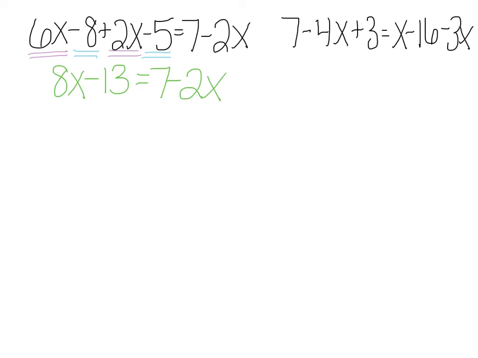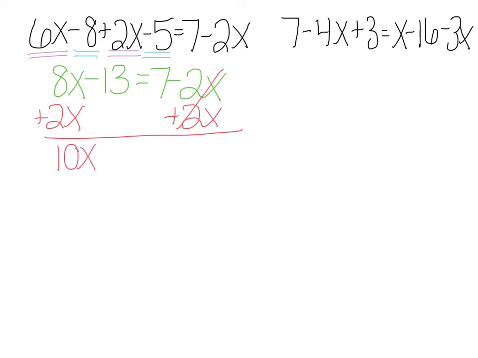All right, we have 8x minus 13 equals 7 minus 2x. I'm going to bring that negative 2x to the other side by adding 2x so that these cancel out. What I do on one side, I need to do on the other. So 8x plus 2x is 10x. We still have our negative 13, so we just need to bring that down, and it's going to be equal